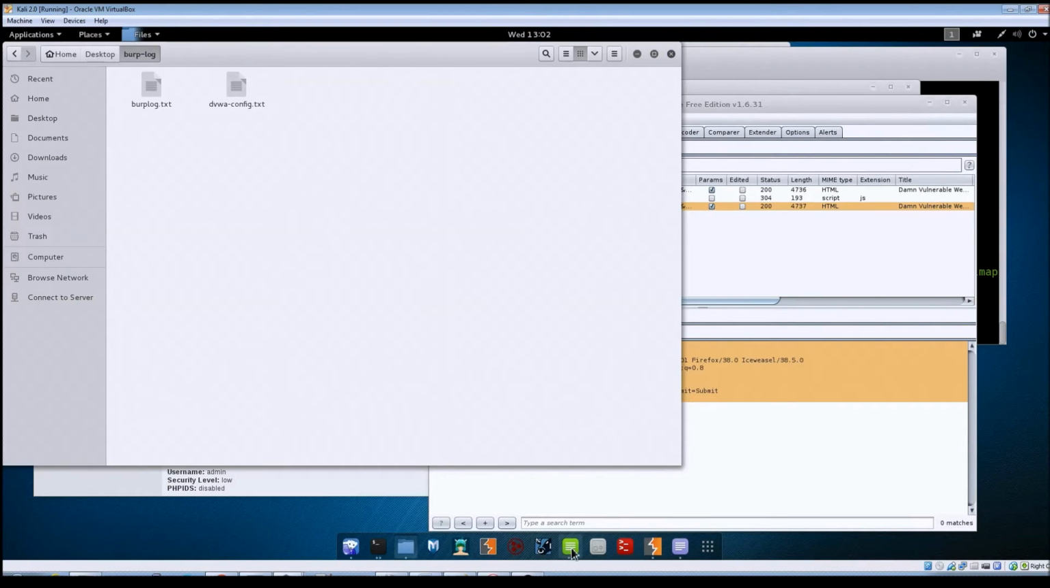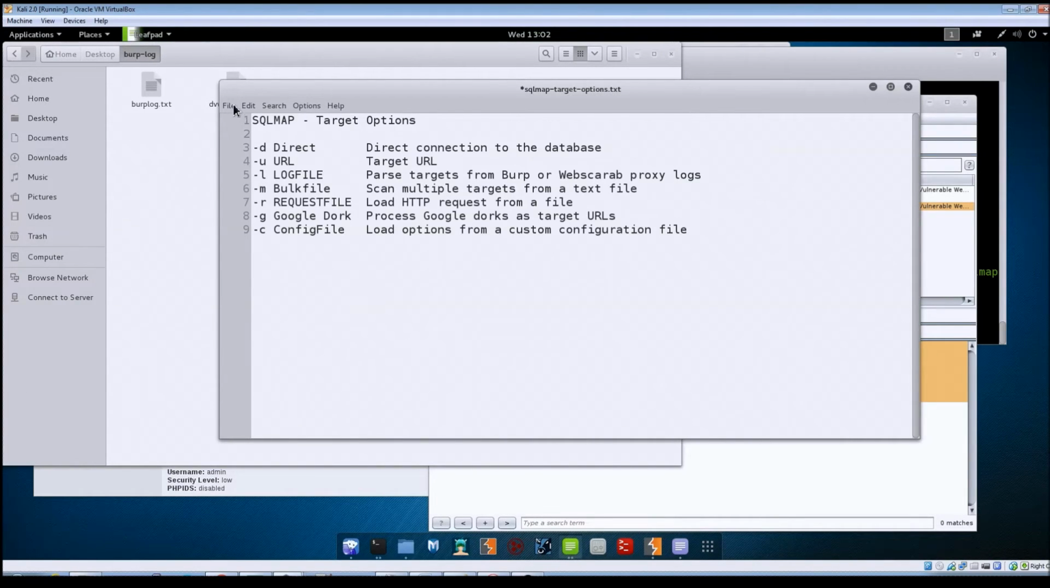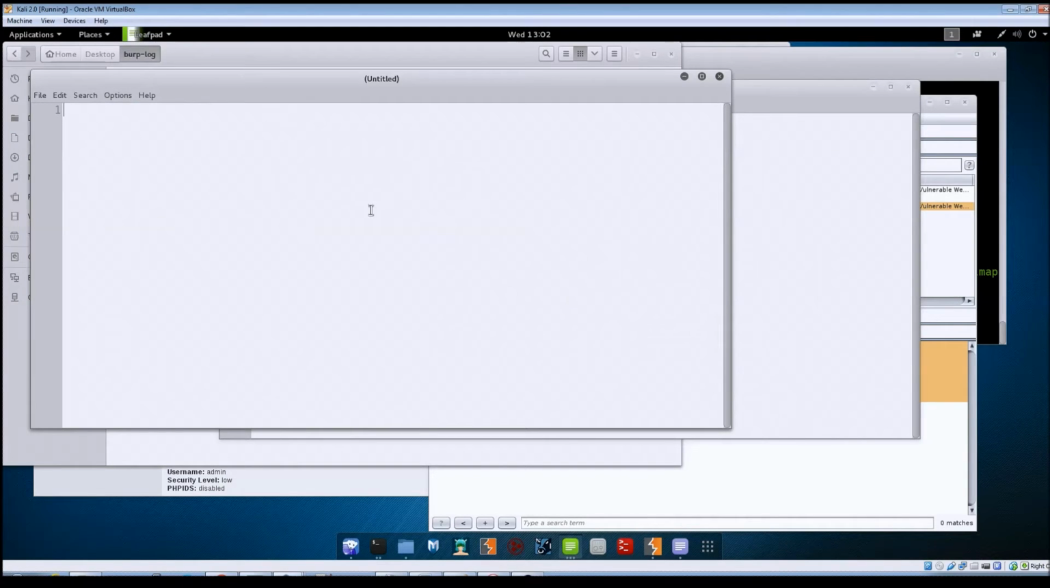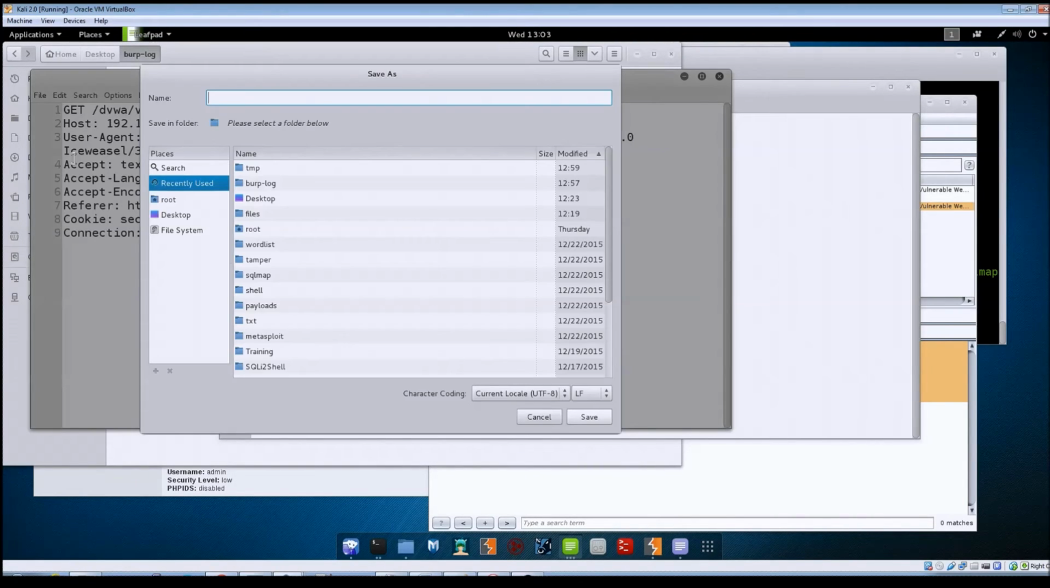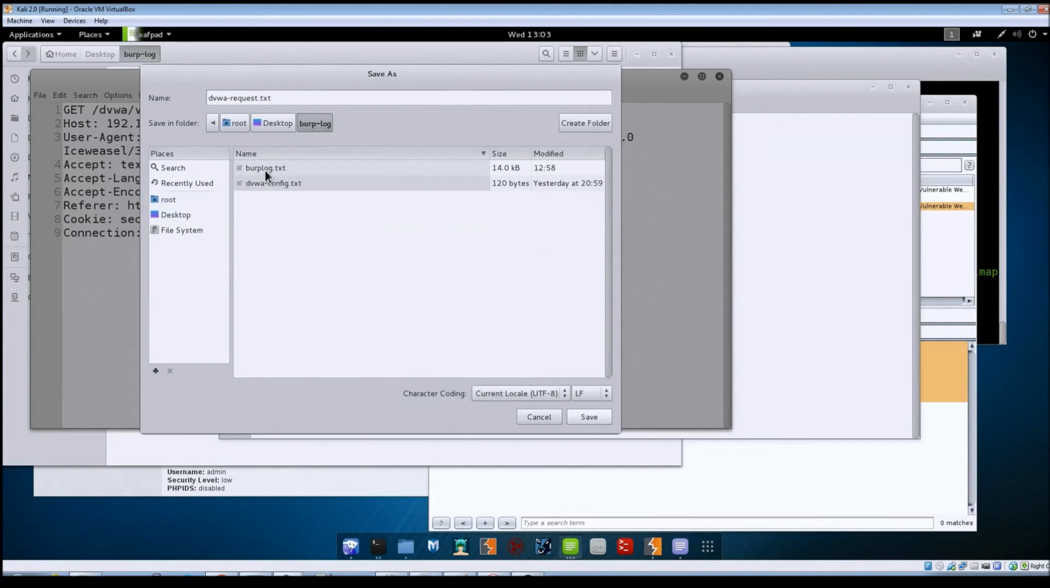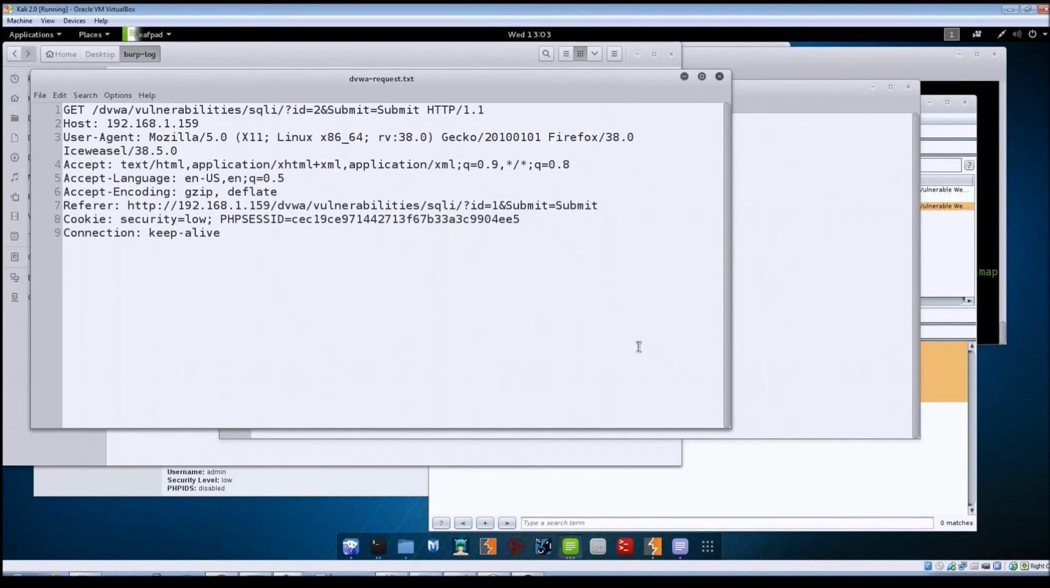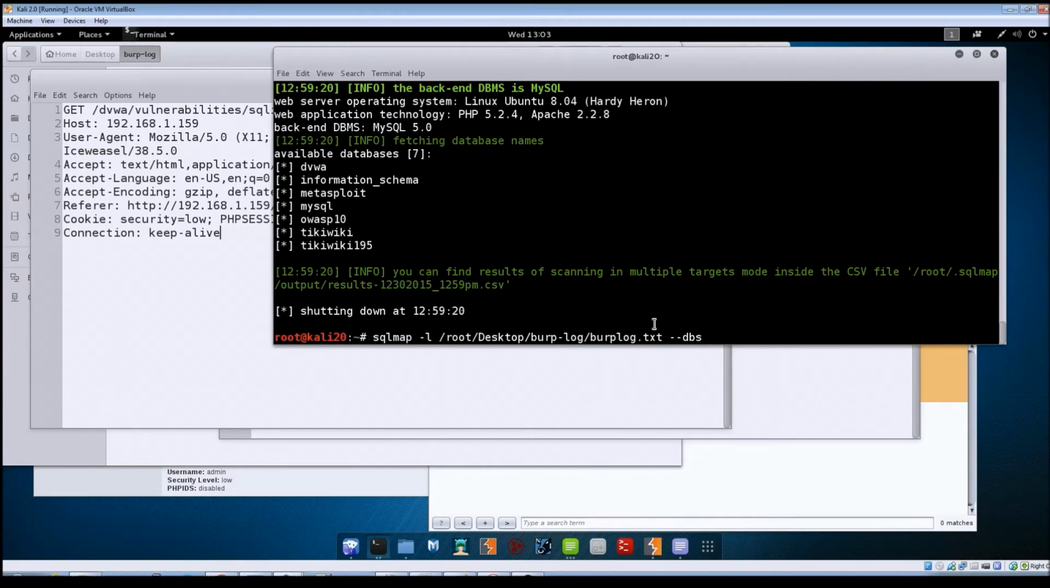Let's see what I want to do here. Let's create a new file, and then just paste that data, that HTTP request, into a file. Let's save this as dvwa request.txt. And I'll just save it in this same folder here. And if you go back